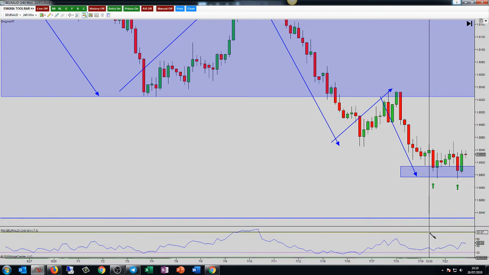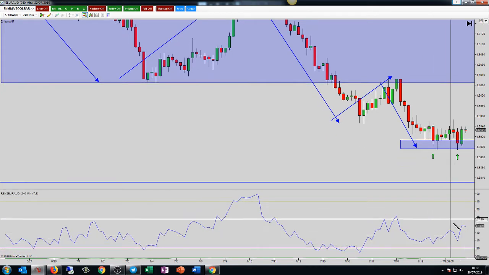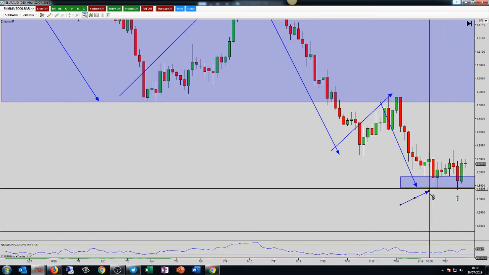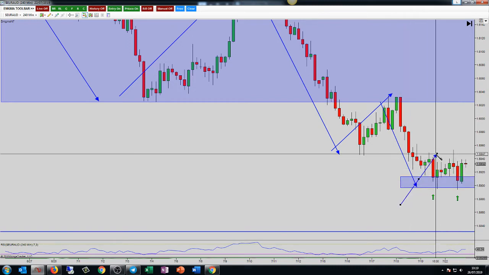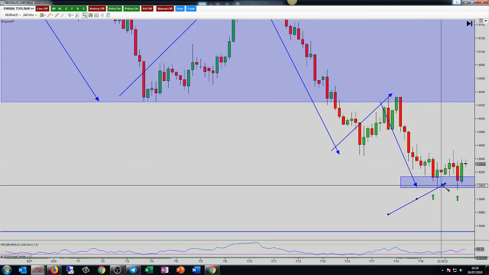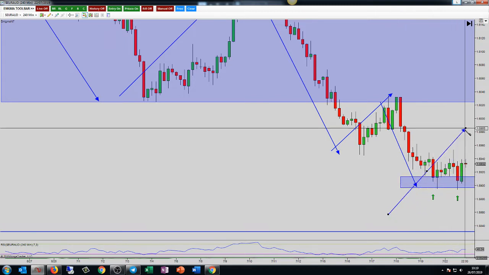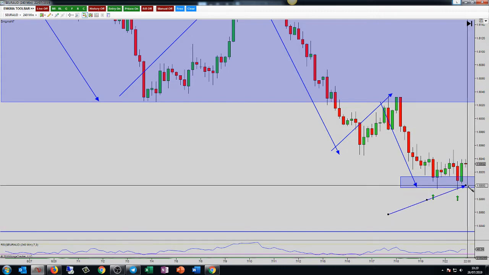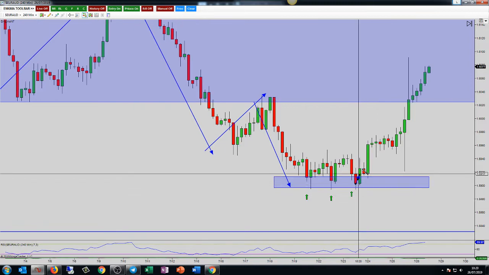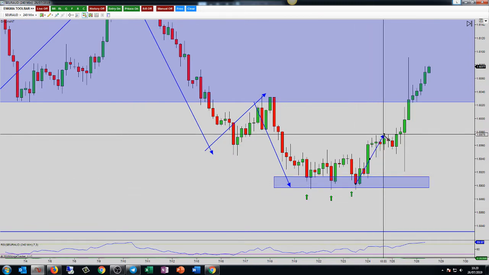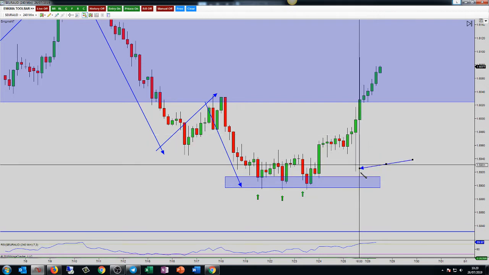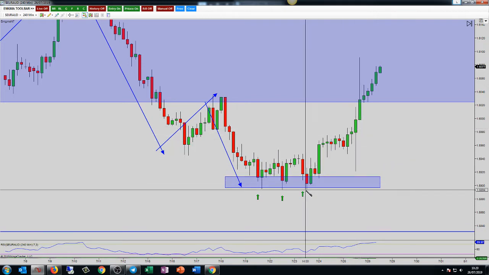Now, we also talked about the RSI. If you remember, we did not have RSI confirmation, so it was not a valid double bottom. But because it's a retest, we don't want to play for trend continuation, because the market is basically double bottoming, and we could see a reversal, particularly at that 15900 psychological number. And then we triple tested. Then we had a break to the upside, and it looks as though we had news that came out here, guys. And this was a valid opportunity to get involved.